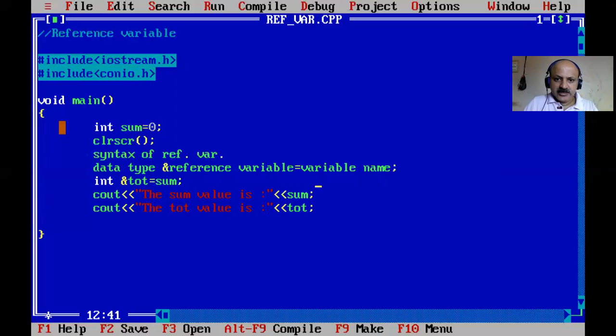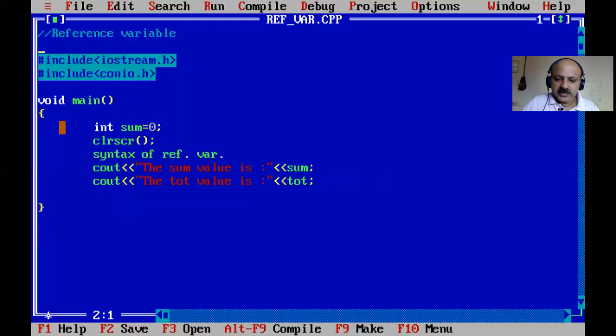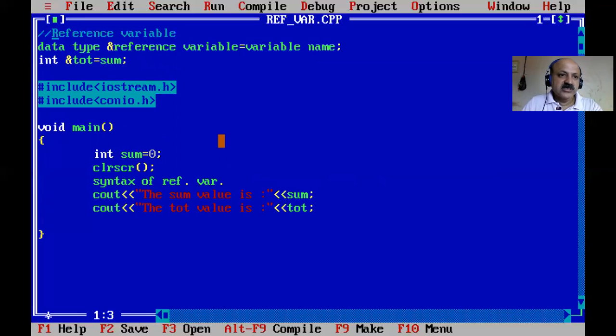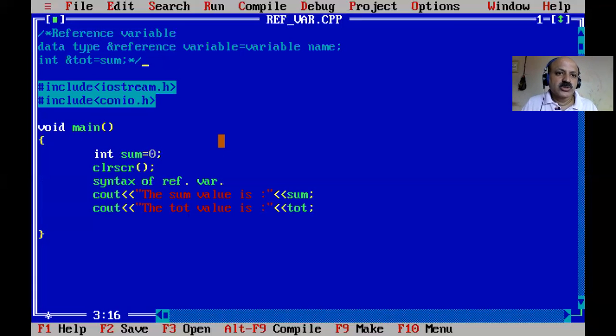Okay, I cut these two lines, and below, for your reference, I paste them here. That is a single comment line, also in C and C++, also Java and C Sharp. So I give a multi comment line with slash asterisk, and I close it with asterisk slash. That is a multi comment line, multiple statements in the comment. Comment line means the compiler does not compile that line and it does not affect our program.